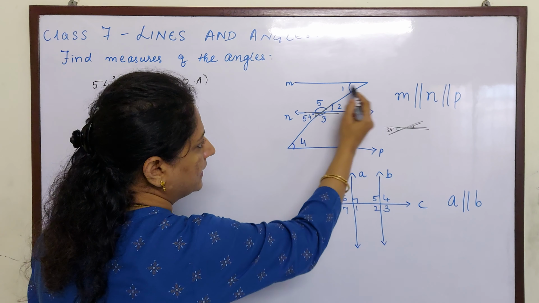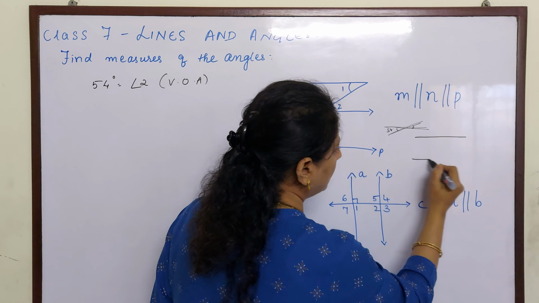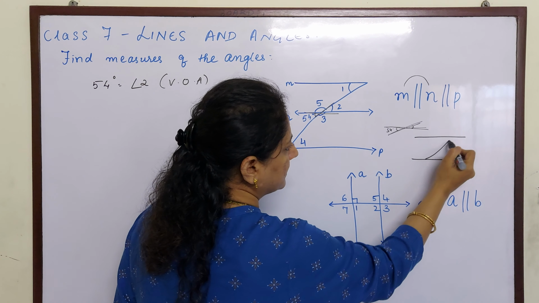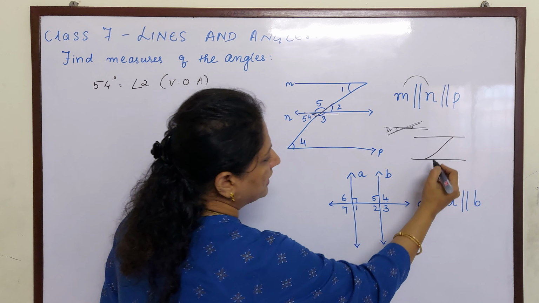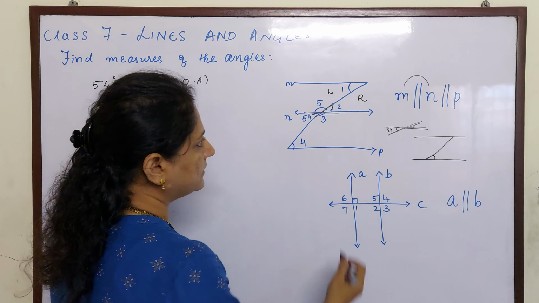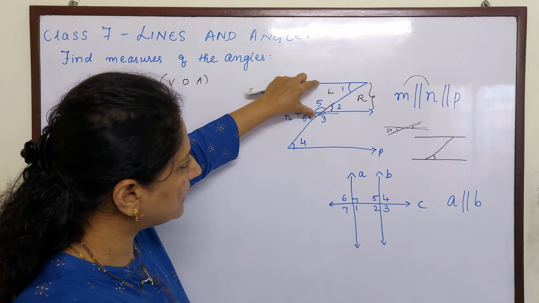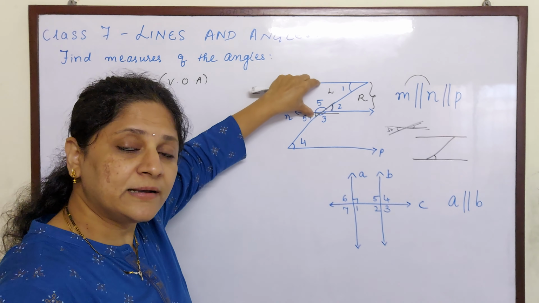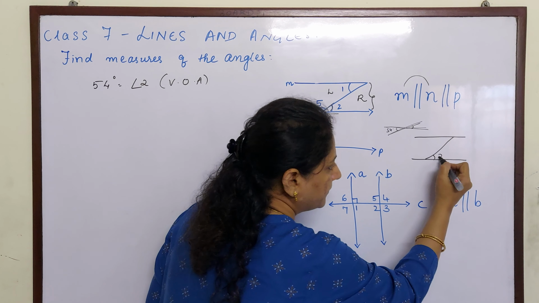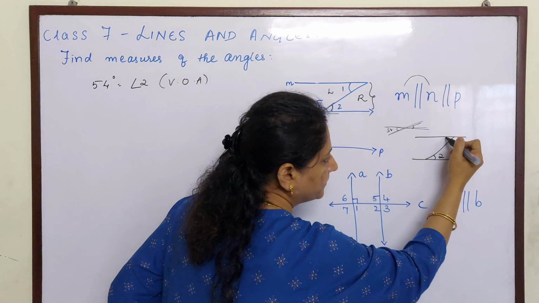Now if I take line M, here I will write line M and I will draw a parallel line N, because they have given us the condition M is parallel to N, and let us think that this is the transversal. So if this is angle 2 on the right hand side and this is angle 1 on the left hand side, these are interior angles because angle 2 and angle 1 are lying between these two lines. Between lines means interior angles. Where is angle 2 children? On the right hand side. Where is angle 1? On the left hand side, on top.